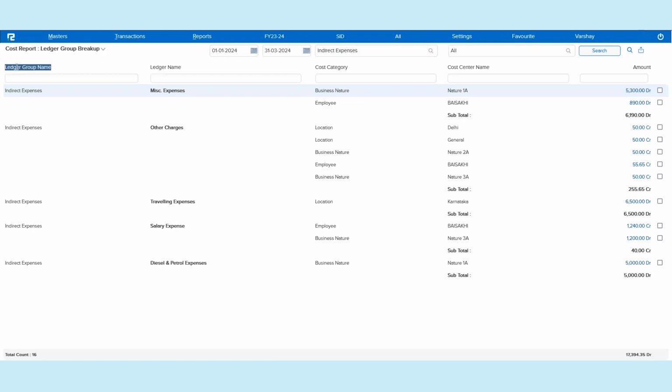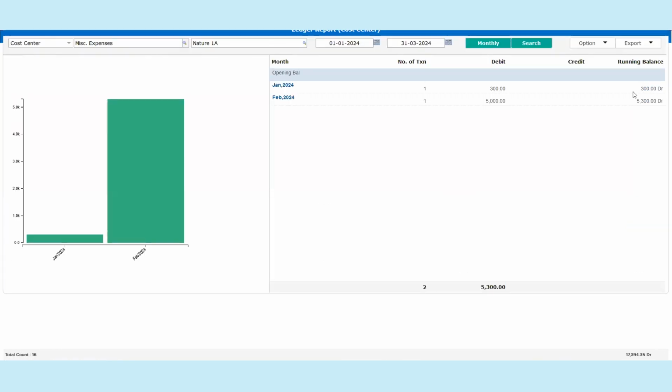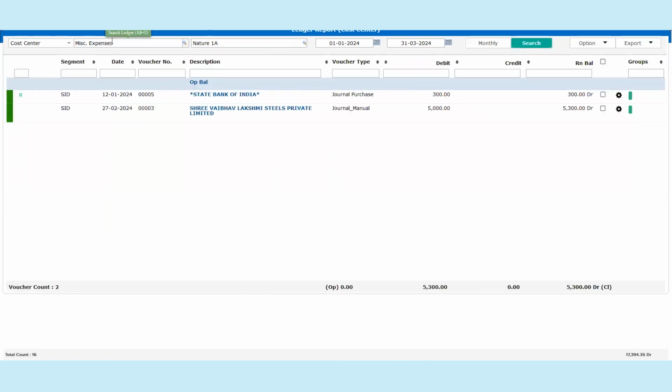Then as you can see towards your left, it is reflecting the ledger group name, then the ledger name, then the cost category, the cost center which is selected in the transaction, and then the amount. So all these details with this bifurcation will be reflecting under the report named ledger group breakup. And again, you have a drill down of these reports as well, which will redirect you to the ledger report, wherein the ledger will be selected as well as the appropriate cost center